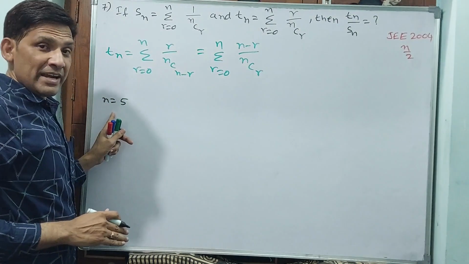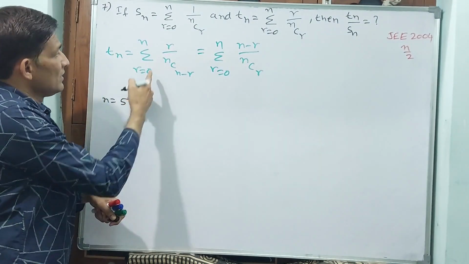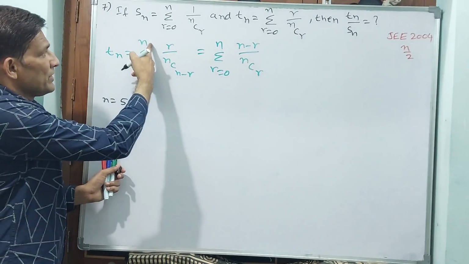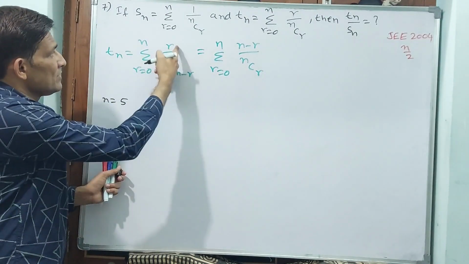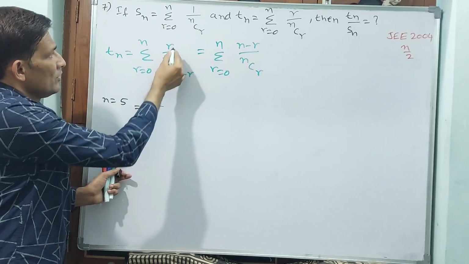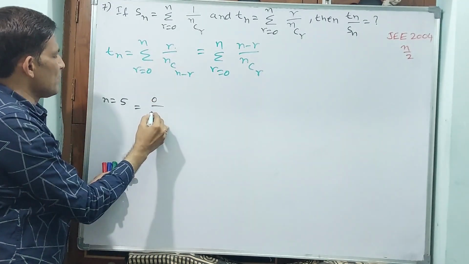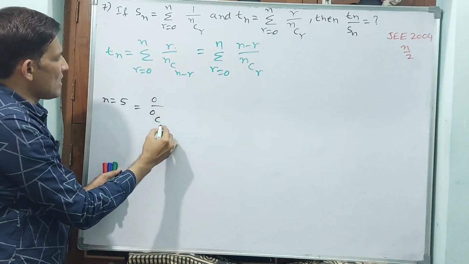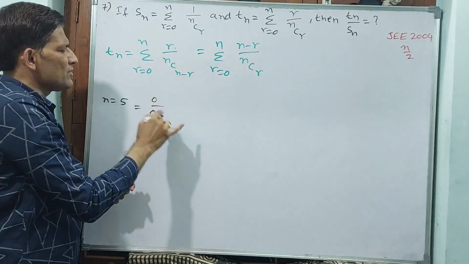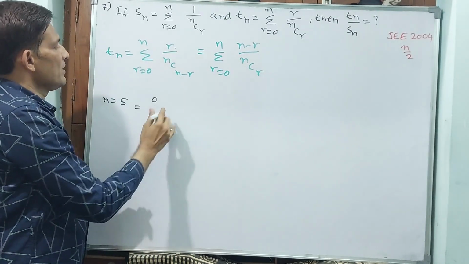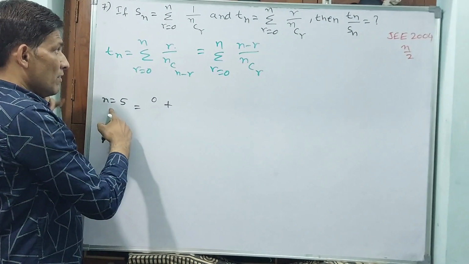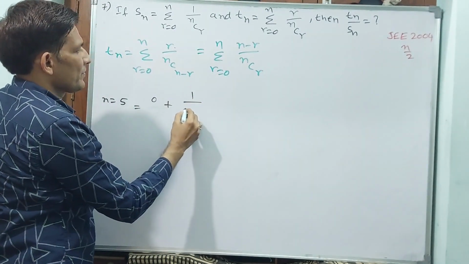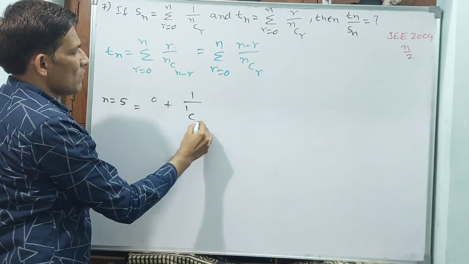I have taken let n is equal to 5. See how I am doing first. This one I am doing. You see, r from 0 to 5, means from 0. This is 0. 0 by something, whatever you do, 0 by something is 0. You need not worry. Plus 1. But up to 5 how to go? 1 means see 1 by 1C0.